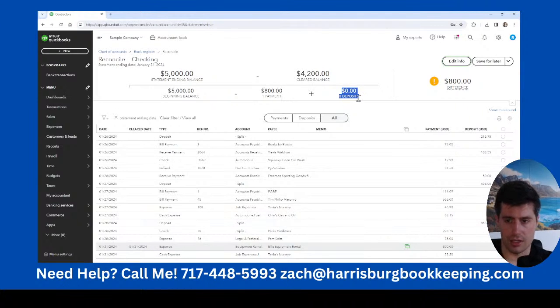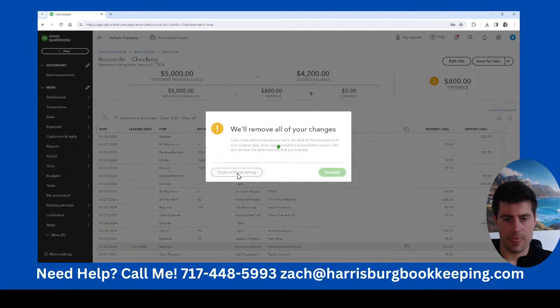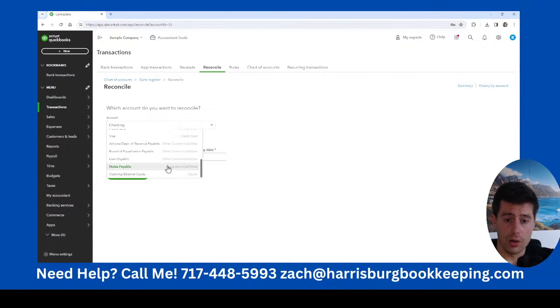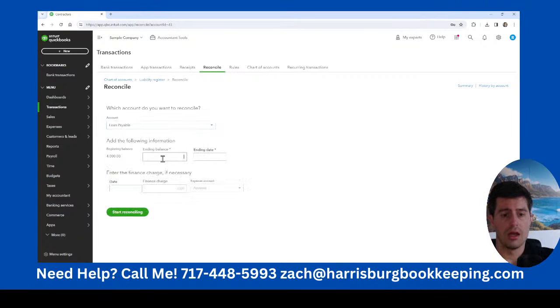But for whatever reason, reconciling accounts is always the most overlooked, most forgotten step to bookkeeping, but it's so, so important. So you just take the bank statement at the end of the month, and type in the ending balance and the ending date. And then for loans, you got to split the interest and principal. You should be getting a monthly statement every month for your loan. So you just type in the ending balance on the loan for whatever the date is, 1/31, and then also